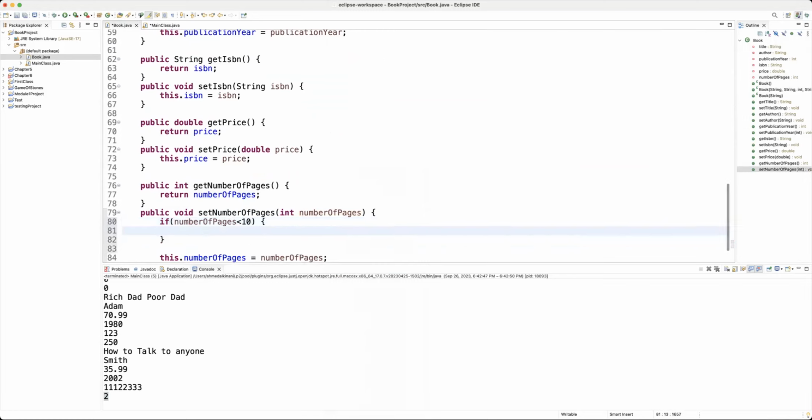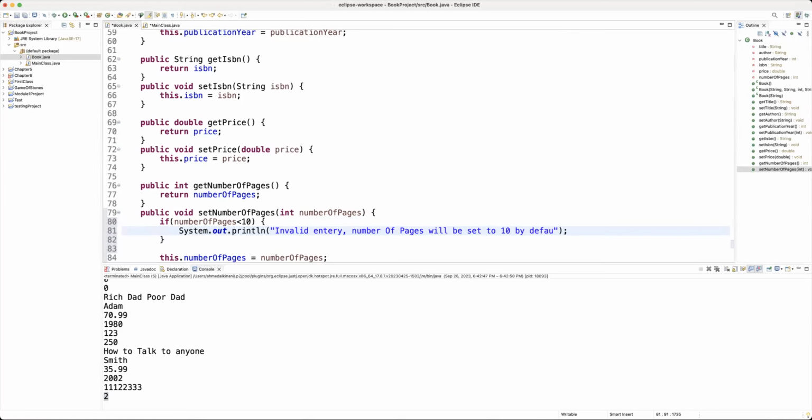I'm going to show a message, and I'll say system.out.println, and I'll just type: invalid entry. Number of pages will be set to 10